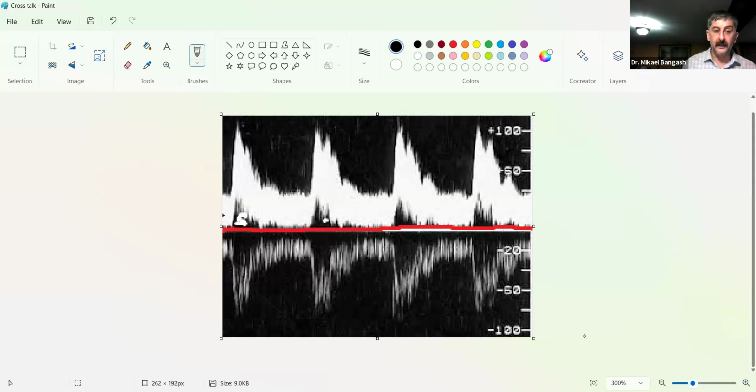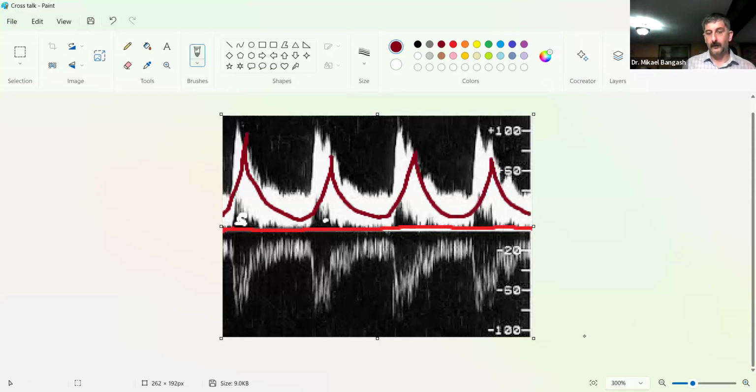Because what we mainly see here is this graph here, right? And we made it, let's just choose another color, we made it just have a